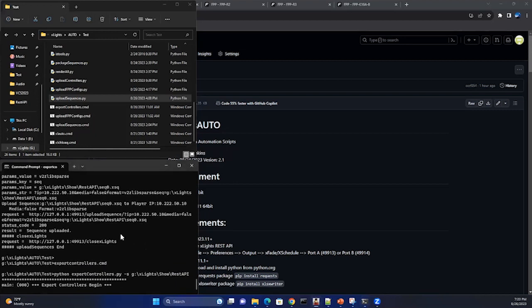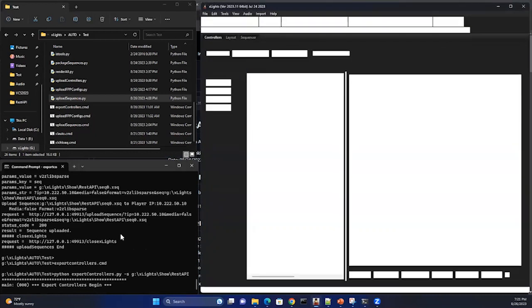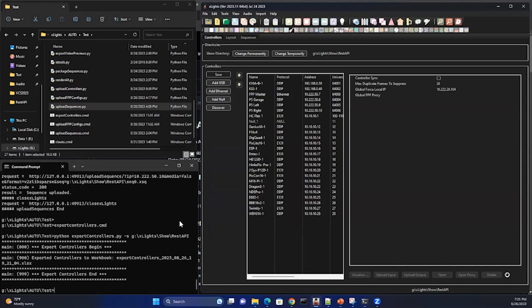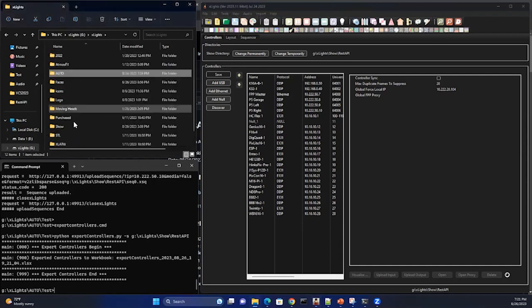Now, what you won't see is xLights brings up its window on my other monitor, but eventually xLights will show up in there. So this will actually start xLights for you. Okay. And it's actually done already what it was going to do. So if we look in the folder where this show is located,